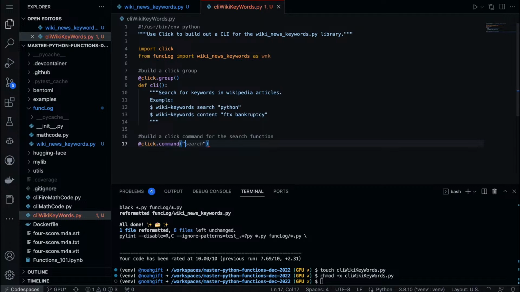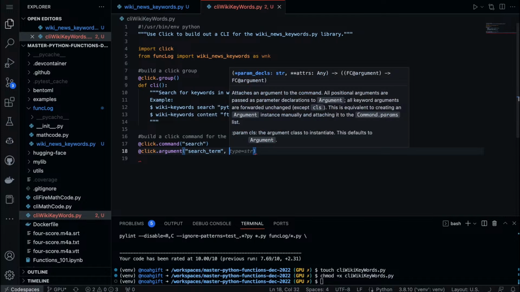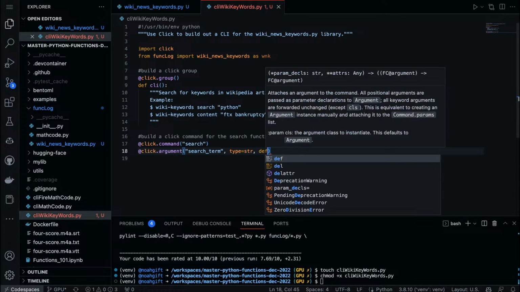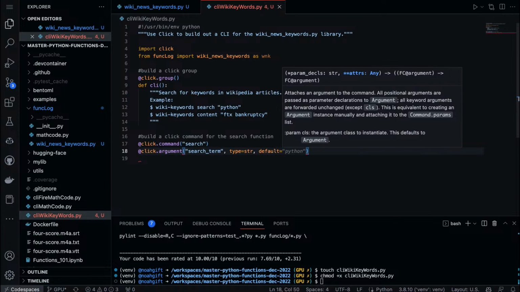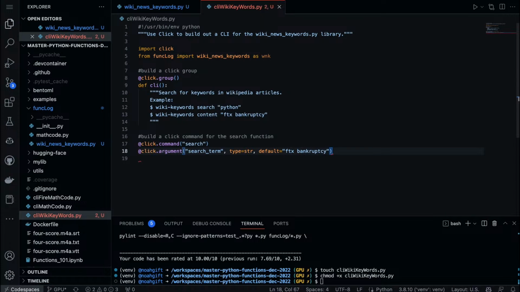So we'll build out search. So this will be the first one. So we can just search anything in Wikipedia. And by we should, I would say, do a default, where the type would be string, and the default would be FTX bankruptcy, because we know that there's a result for that, and we can put it inside of here.